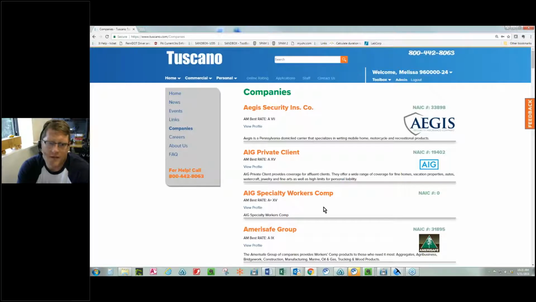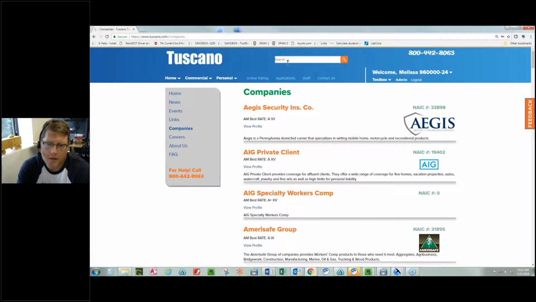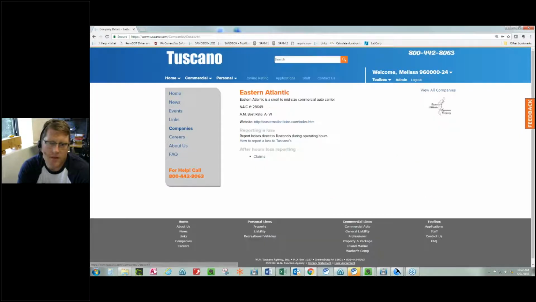So we're Eastern Atlantic's exclusive representative in Pennsylvania and Maryland. They're an extremely competitive truck for hire market on the local and intermediate risks up to 600 miles. They're looking for experienced, cleaner risks, and when they're willing to throw their hat in the ring, we have a really high success rate with them.